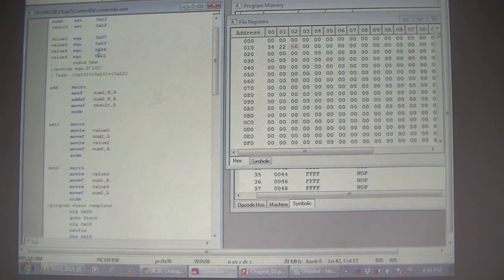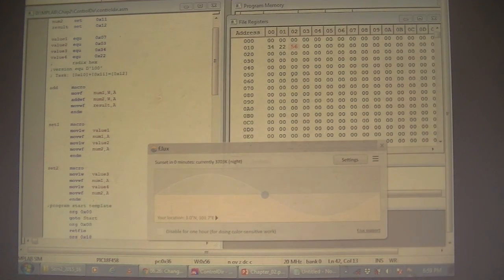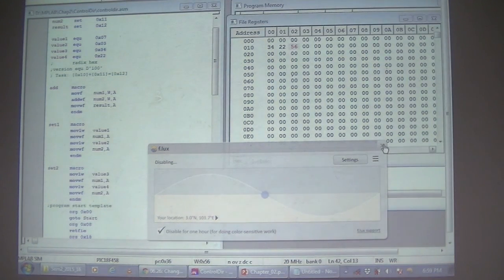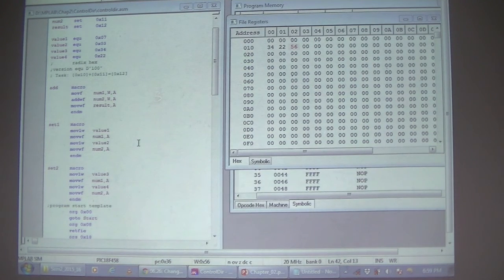Now let us say we don't want to define it like this, we don't want to limit to these two values. So we want to use this macro. This macro is actually used to load values. But in this case, it loads specific values, value 1 and value 2, which have already been defined above. Now, we want to use the same macro, but we want to have the flexibility of